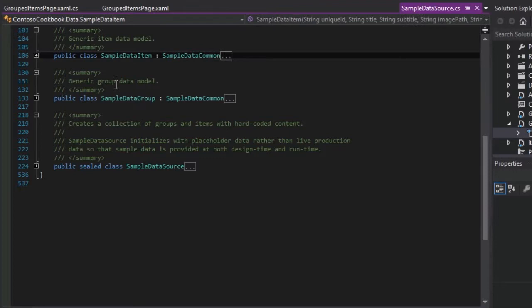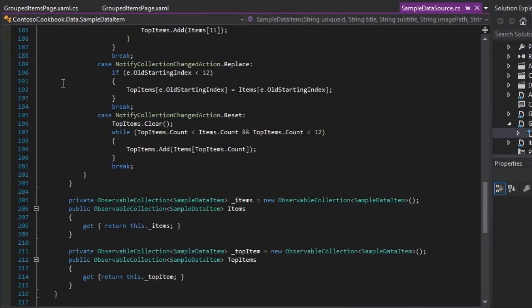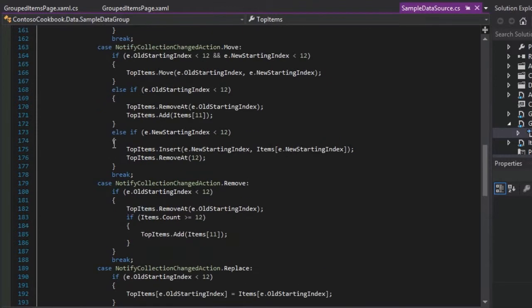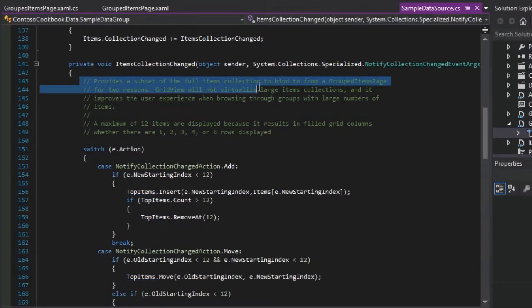Now the SampleDataGroup is a bit more complex. It exposes 2 collections, a list of its child items and another list of child items called top items. So let me scroll down through this, items and top items. All right, so what's the difference between the 2? Items will contain all the items, as it implies, but for top items, you'll actually see the justification for this in line number 143 here. It says it provides a subset of the full items collection